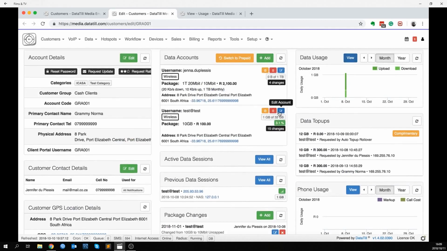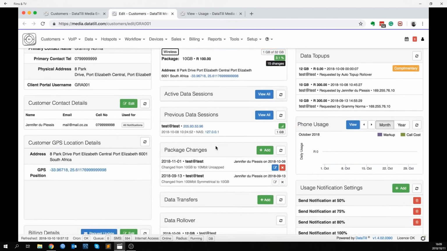Then we have the package changes. Even though you are able to change the package from here, it is advised that you rather do the package changes through this section, as it will allow you to keep better track of who made a package change on what date, etc. To do a package change, you will simply click on Add,